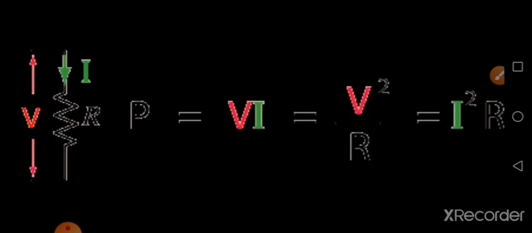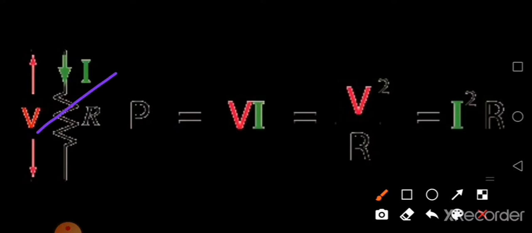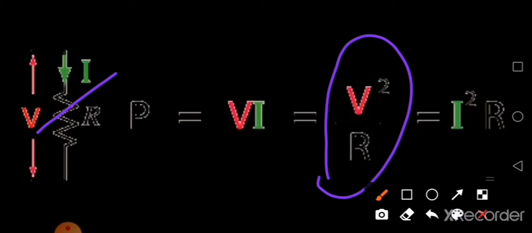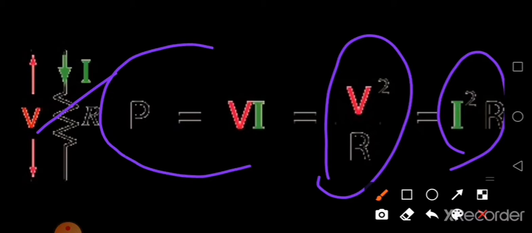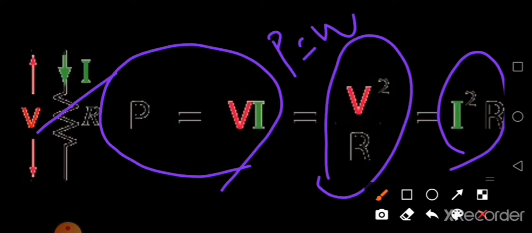Now again, power P is equal to V I, and there also you can apply your Ohm's law, isn't it? As you can see in the figure, you can apply Ohm's law. So when you apply Ohm's law in terms of resistance, you will get V square by R, and in terms of current you will get I square into R. Okay, so for power you have three equations here. The general equation is power is equal to electrical work done per unit time.